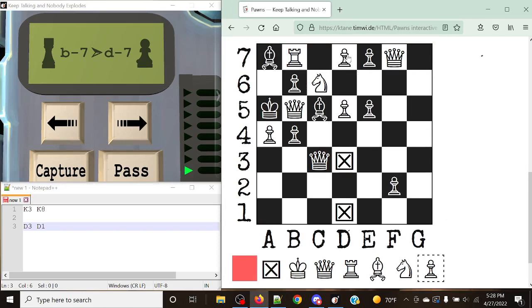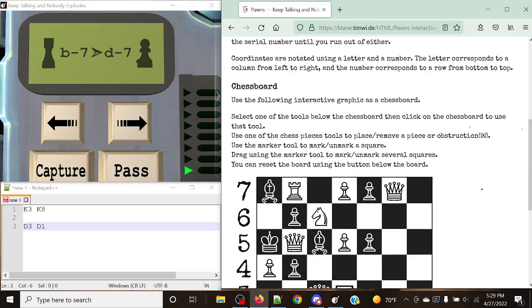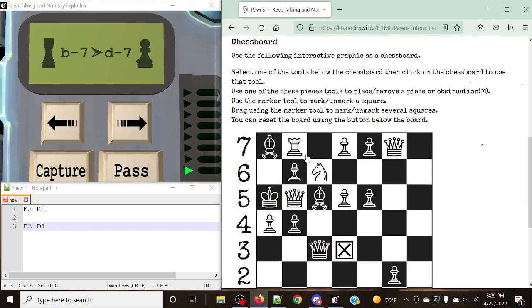Delta 7. So now, remember, one of the important things is to note that pieces are able to block each other and that no pieces disappear or move upon submitting an answer. So what we want to do is say hypothetically that we want to be able to take these pieces. And now,